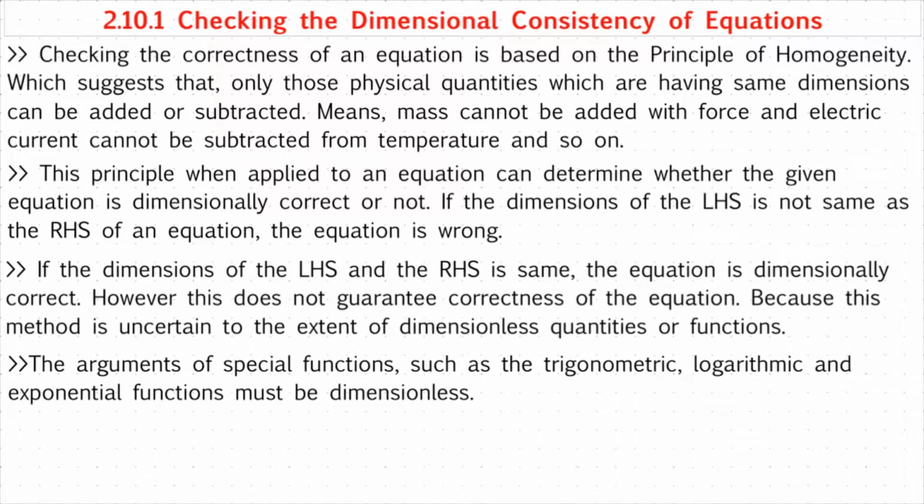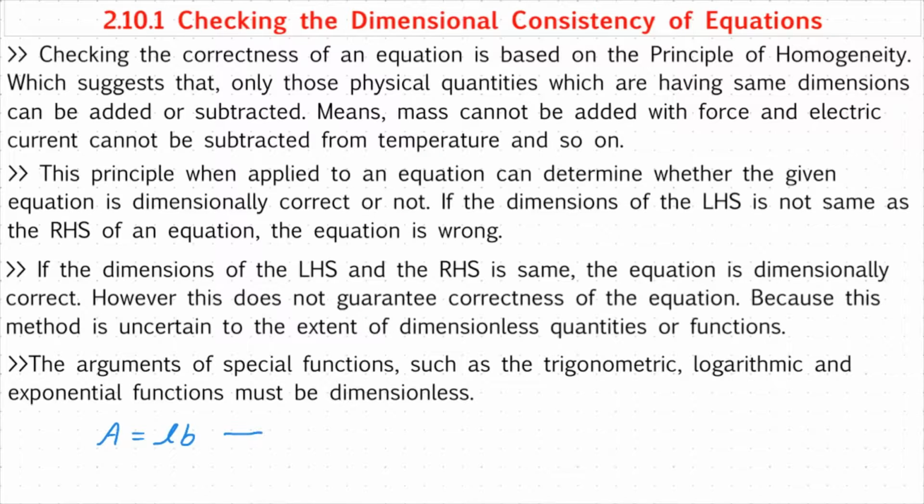Let me explain this with some equations. We know the equation of the area of a rectangle is A equals LB. We know that this equation is correct and can be used to find the values of area. Here, the dimension of the left side, that means area, and the dimension of the right side, that is length and breadth, will come out the same. So dimensionally this equation is correct, and practically also this equation is correct. We are using this equation.